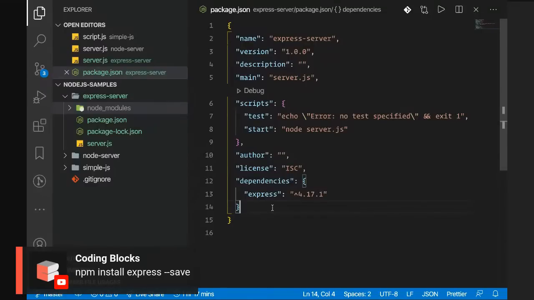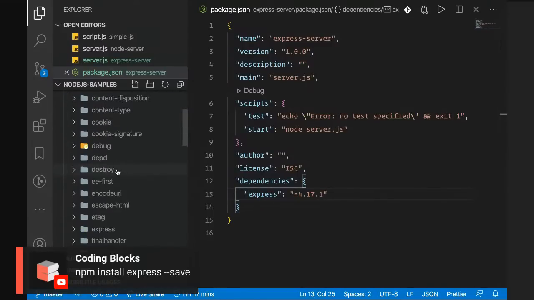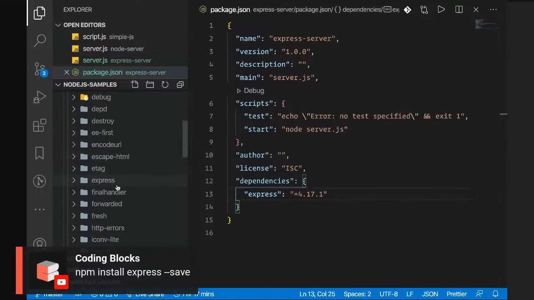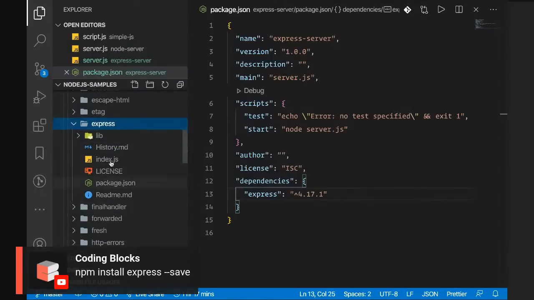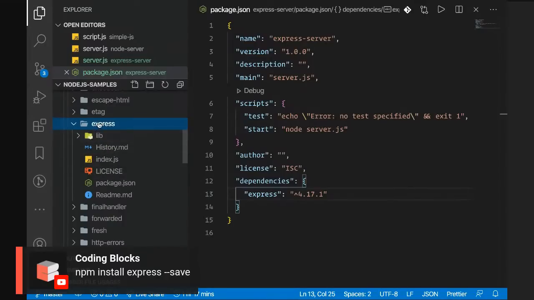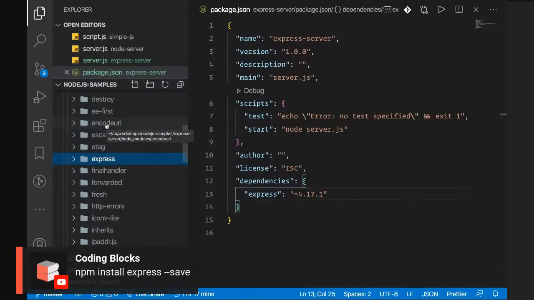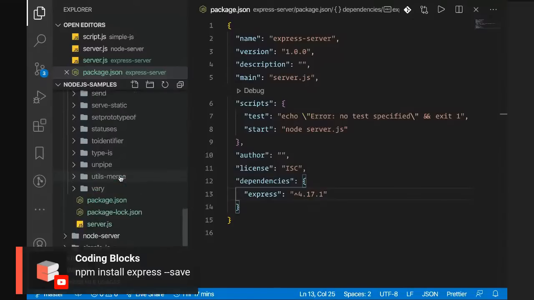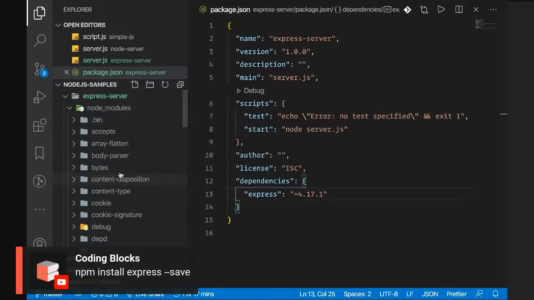Did you get what node_modules is? Every dependency is kept inside your node_modules automatically. For now you have express over here, and this whole code is the Express code which you just installed. As you go on and install other things as well, it will keep creating new folders inside node_modules. There are plenty of folders inside node_modules already installed,